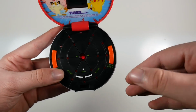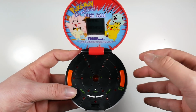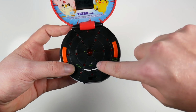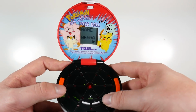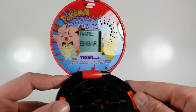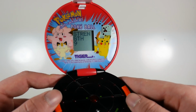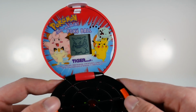See, so it's a bit weird, the accelerometer or the ball inside that controls it is a little bit dodgy. I should try and see if I can clean it or something. So what happens is, you throw the Pokeball at Gengar, and then you have to get the Pokeball into the middle and catch it, and then you've got all of the settings here. Settings, description about Gengar, and I can skip through. It gives me how big he is, 4'11", how heavy, 89 pounds. Strength, shadow type, confusion, and there he is, putting up the...